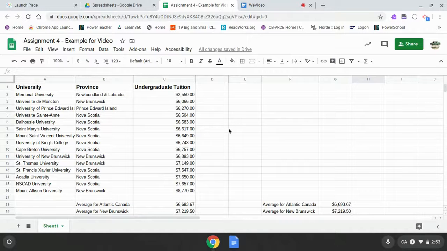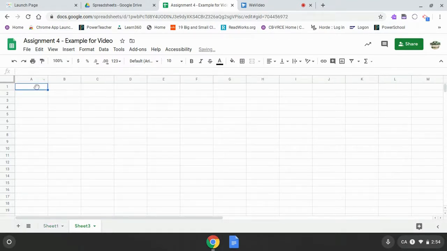All right, so the next graph that we're going to be doing is a pie graph, but we're actually going to be entering that on a separate sheet. In Sheets, you can enter separate pages within the same sheet, kind of like in Slides or PowerPoint, where you can have multiple slides. You can have multiple sheets open in the same document. So I'm going to add a sheet by clicking on the plus sign,